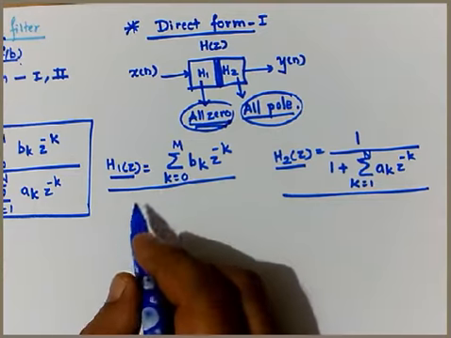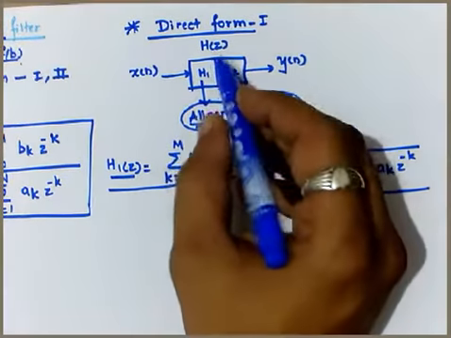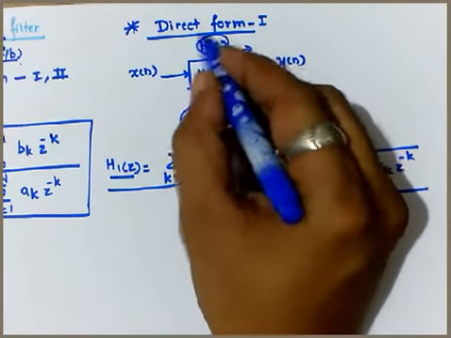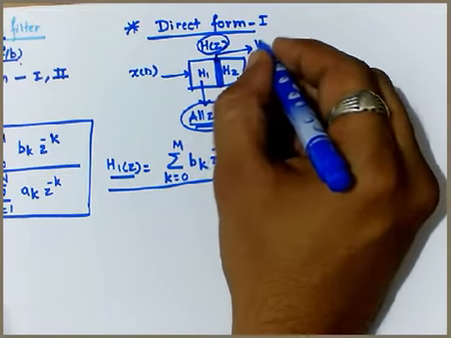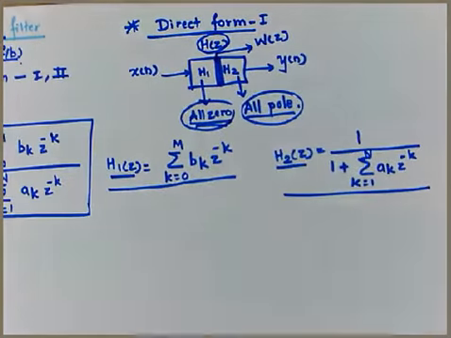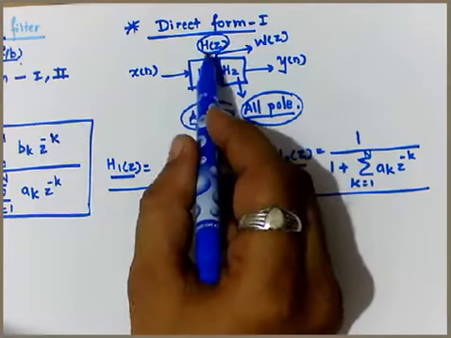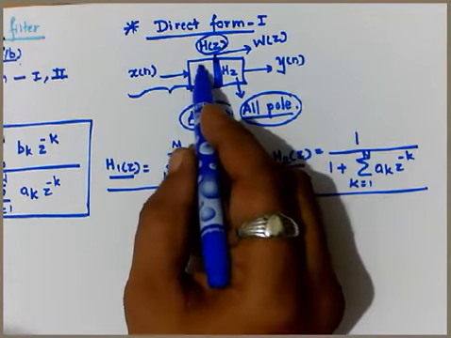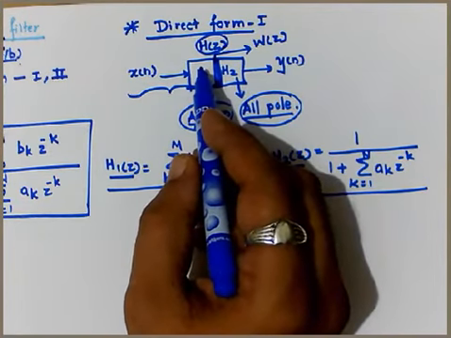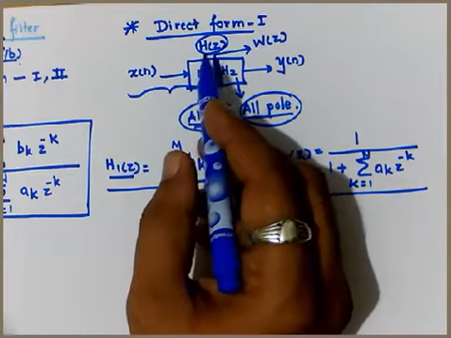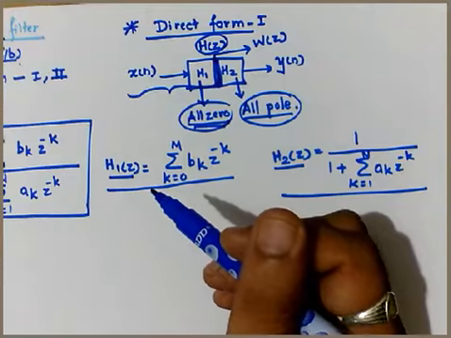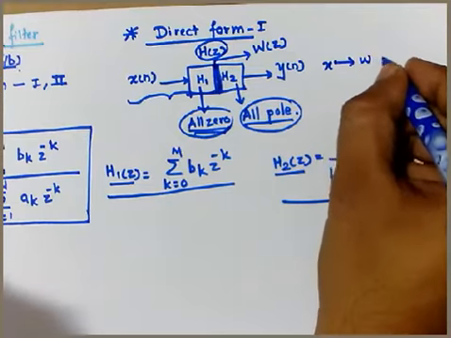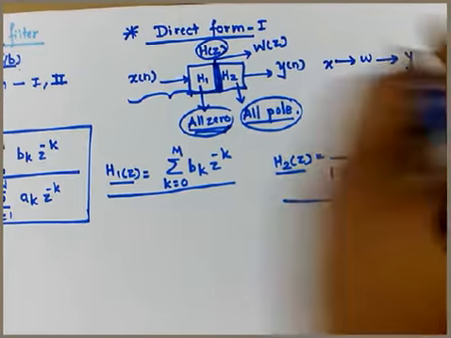So we have, let's say, the H1 of z, but what is H1 of z? If I say that at this midpoint over here, we can analyze this entire system. Let's say it is nothing but the midpoint W of z. It means that for the analysis of this left part, x of n will be the input, H1 of z is the transfer function, or we can say the filter response, and W of z is its output. So this is how it is located. It can be written like x, then the intermediate part will be w, and then it will be y.